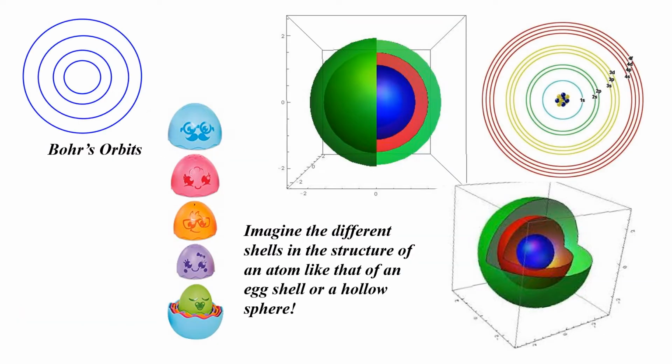Before we move on to study about orbitals and quantum numbers, let us now imagine what an atom would be like. Imagine the orbits given by Bohr. Look, I have drawn the Bohr's orbits. If the orbits in an atom were concentric circles, then an atom would have been flat. But an atom, we all know, cannot be flat.